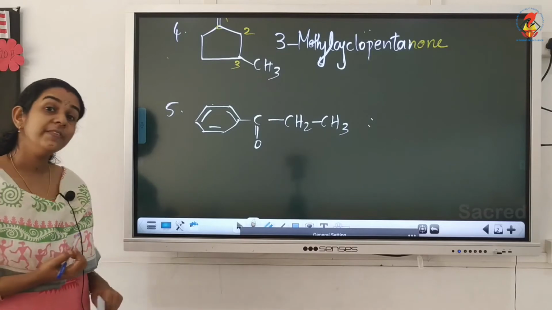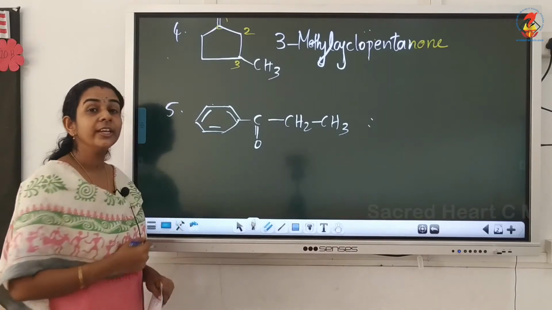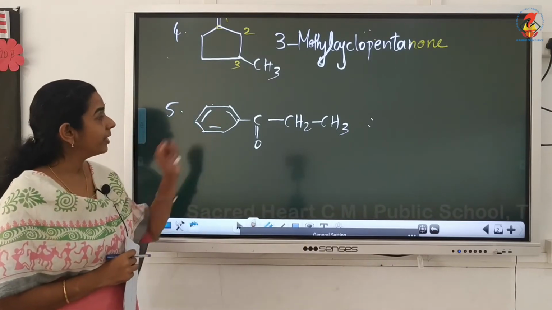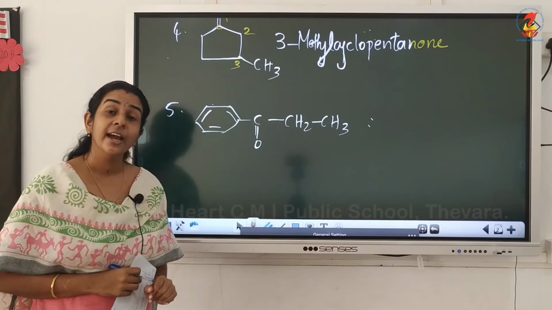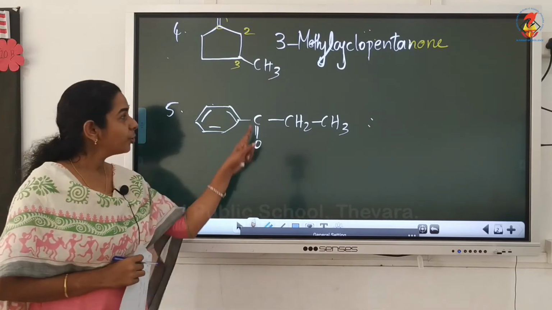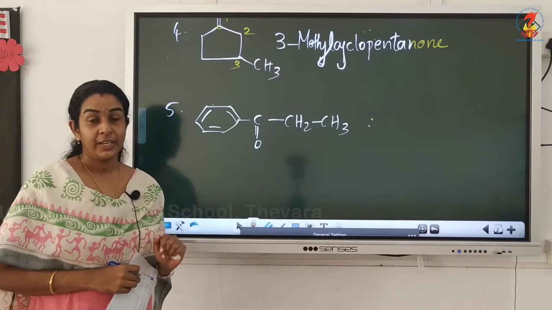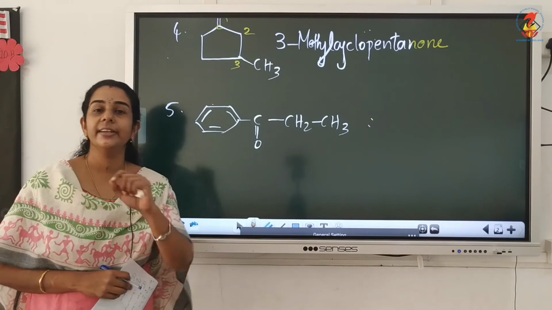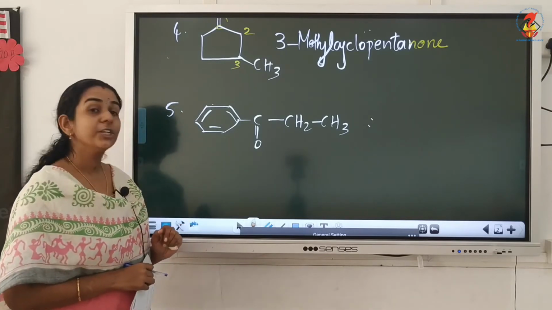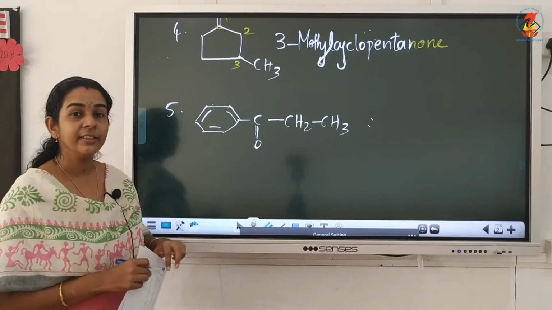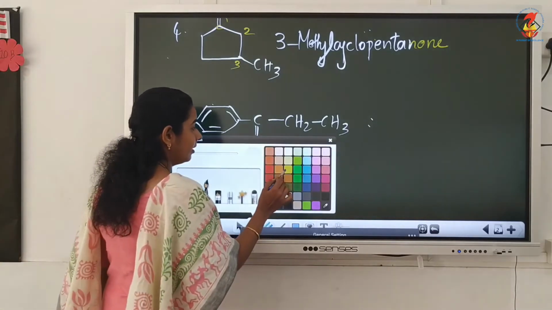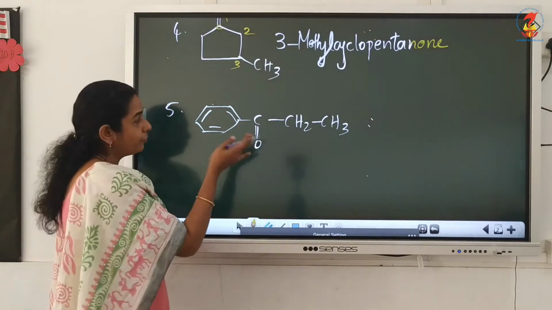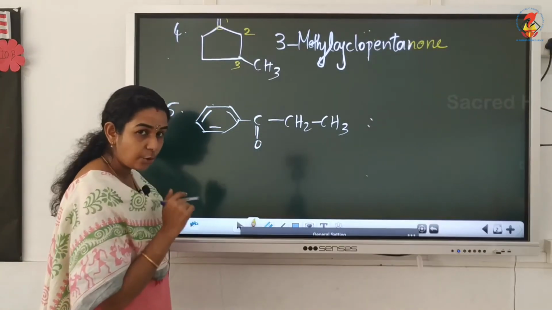Here, where will you do the naming? If you are doing numbering, where will you do it? If you are doing numbering on the ring, the functional group is present outside the ring, isn't it? So will this carbon get a number? No. If there is a carbon containing the functional group, definitely that carbon should get a number. So here, where should we put the number? Outside the ring, that means on the chain we have to put the number. Now apply the rule. Functional group or branched carbon should get the lowest possible number.